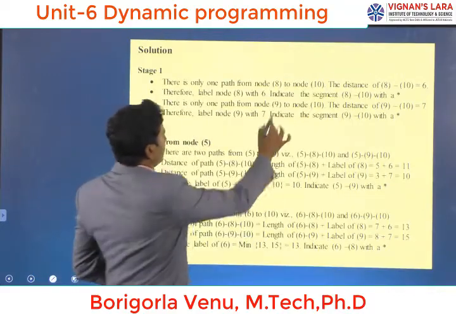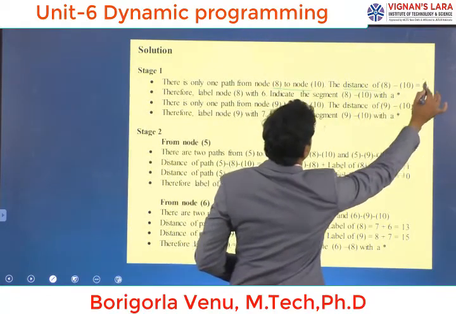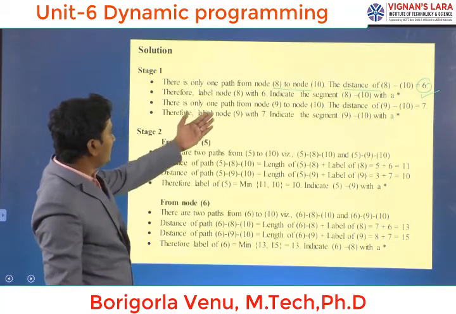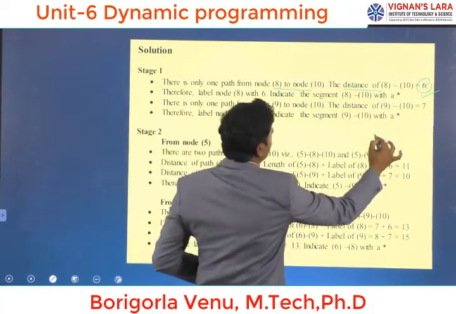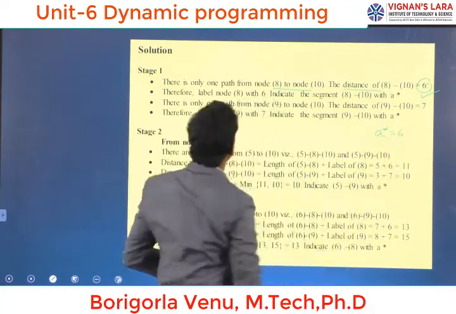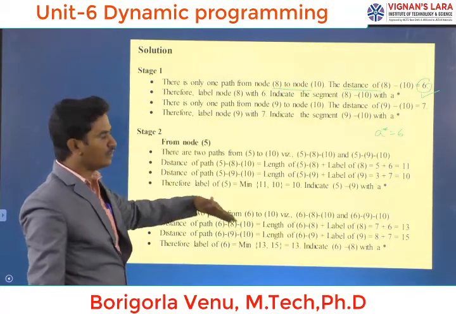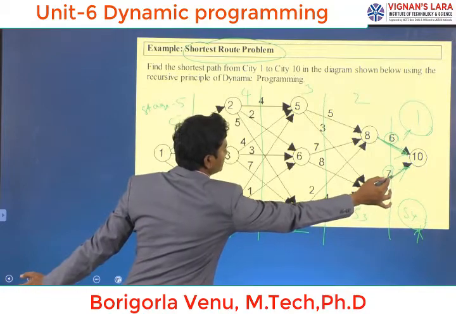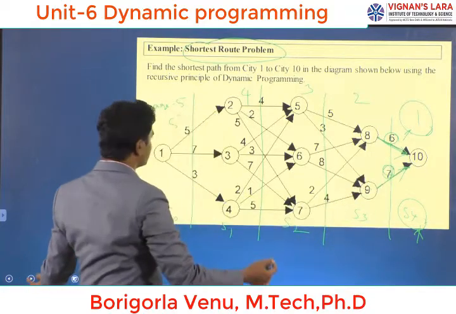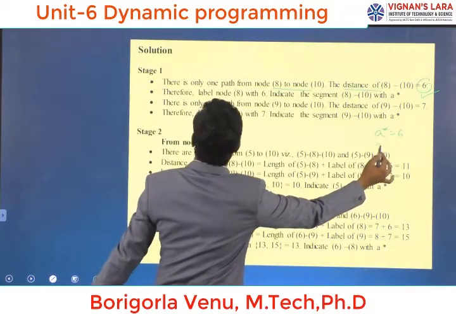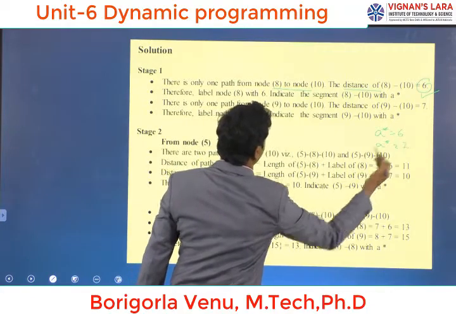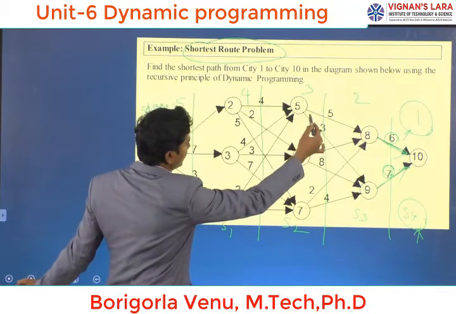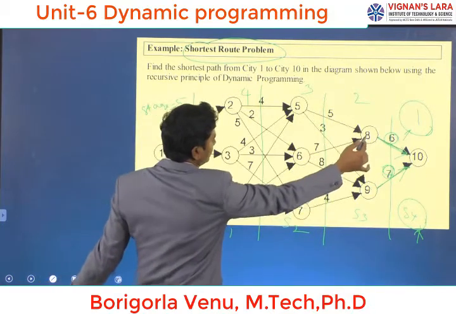Okay. Here at 8 to 10 node the distance is 6. And coming to this, here it indicates the 6. The value is E star is equal to 6. Next coming to the other node, that is the 9th node. Here 9th to 10th we have the distance value 7. So here also the value is 7, 9 to 10. Okay, next coming to the second stage. Here in this second stage we have 3 stations.